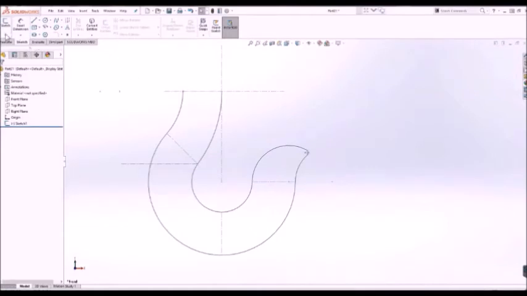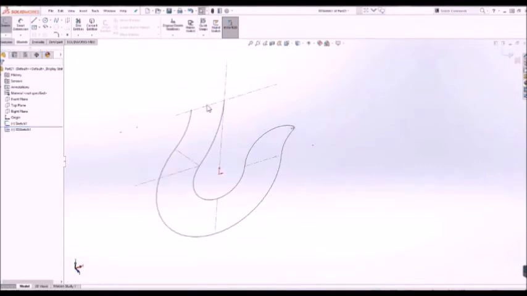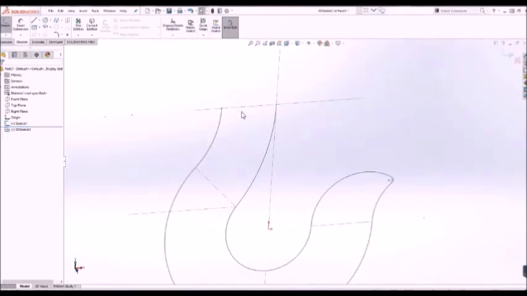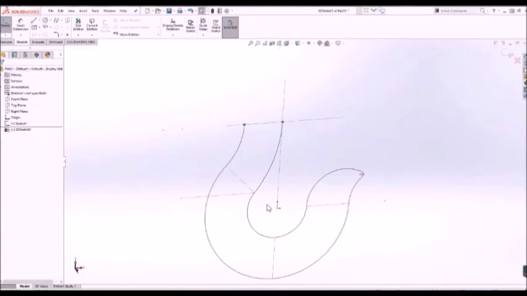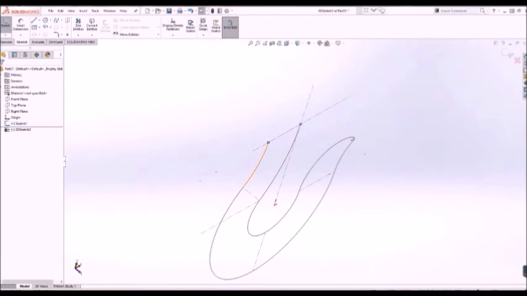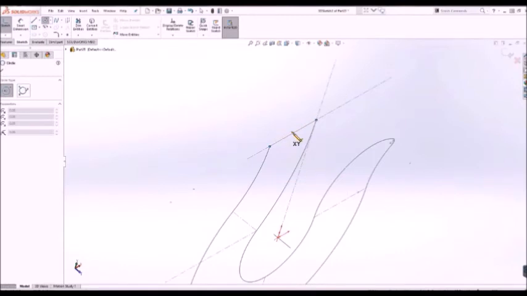and I can click here on the sketch and click on the 3D sketch. Okay, first of all, I want to create another center line starting from this point to this point. Now I want to create a circle. This is the center point of the center line. I want to create a sketch,